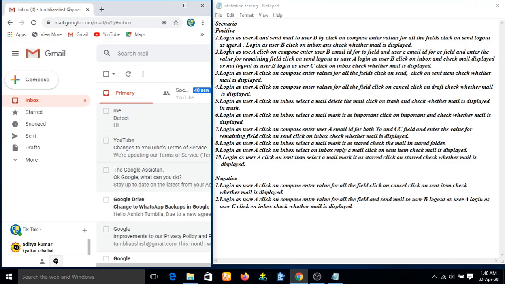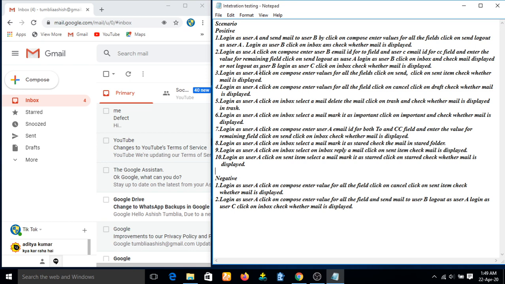Here you can see there are two types of scenarios. One is positive, one is negative. In my previous video, the scenarios I used were positive scenarios. There I did not use any negative scenarios. So let me tell you what a positive scenario is and what a negative scenario is. A positive scenario is one that is according to the customer requirement.